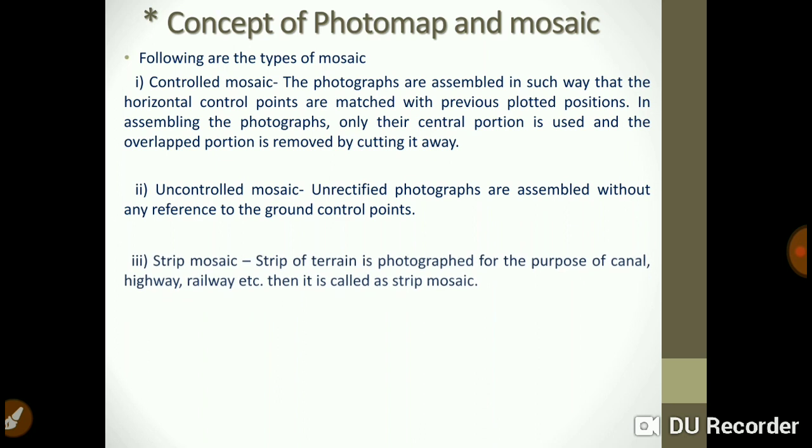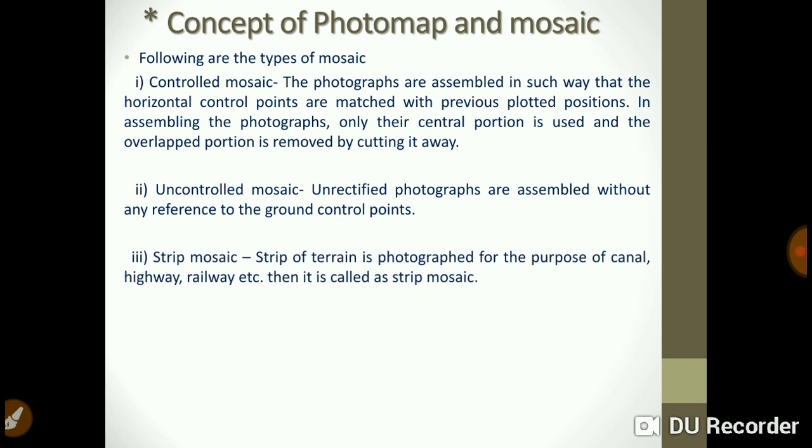The next type is the strip mosaic. A strip of terrain is topographed for the purpose of a canal, highway, railway, etc. Then it is called a strip mosaic. Consider that aerial photographs of a canal or highway or railway track are taken, and now we are assembling all those aerial photographs together.